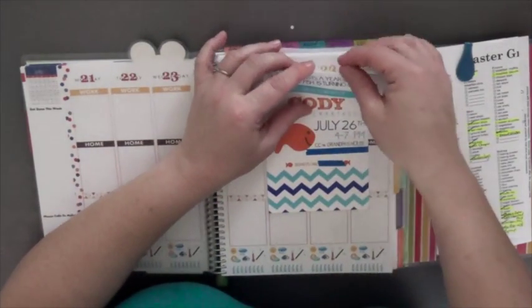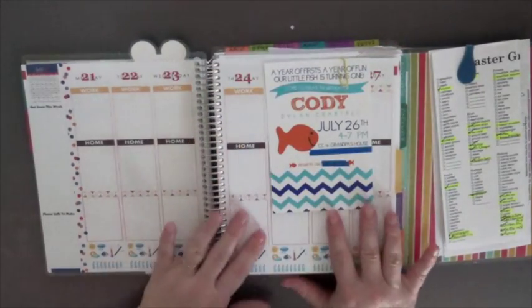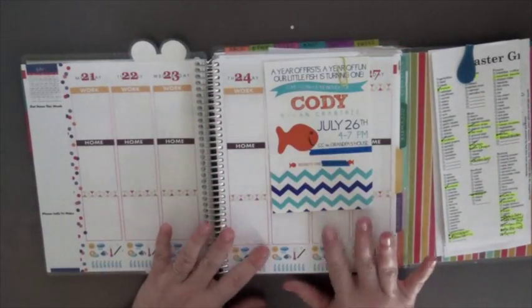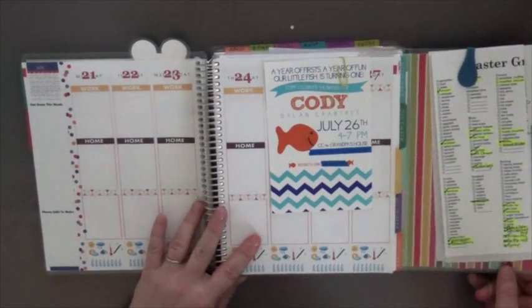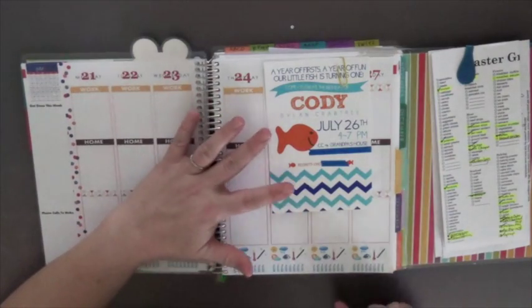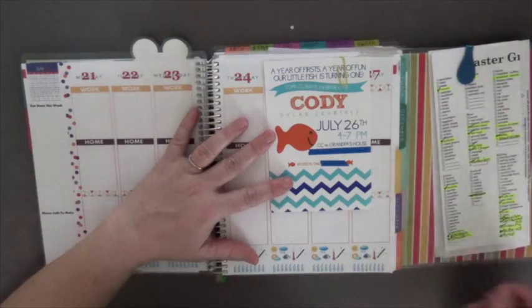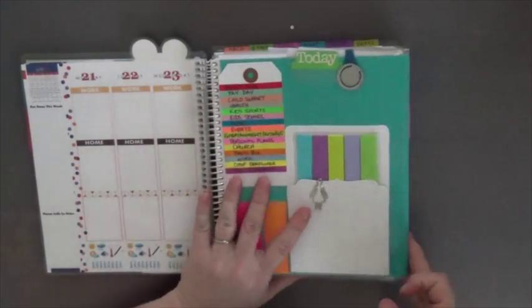And that way I can decide if I'm gonna go to it or not. So I'm just gonna stick this in here because this is for that week, and hopefully I can do it. So after I clear out my dashboard, I then grab this paper that I keep in the back,